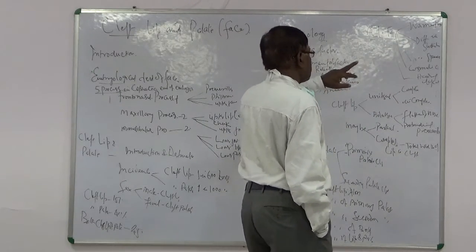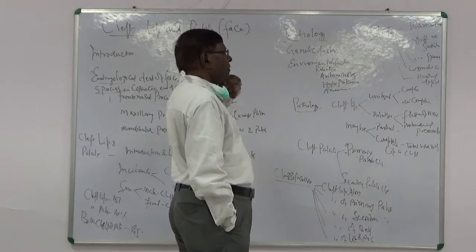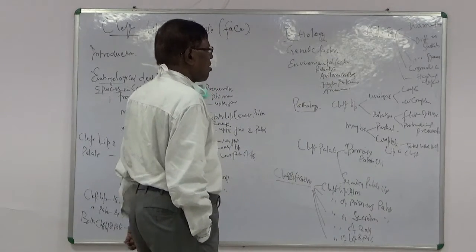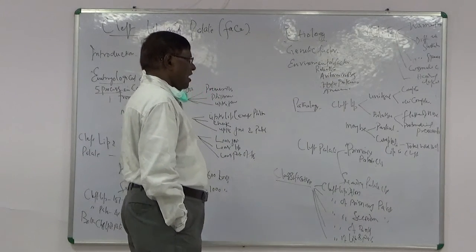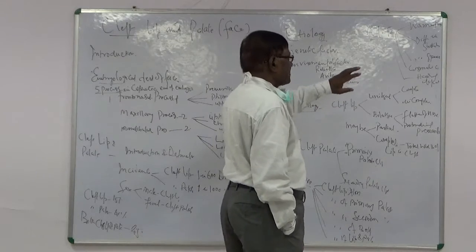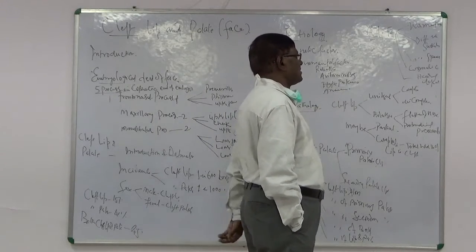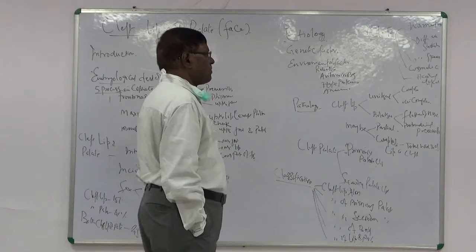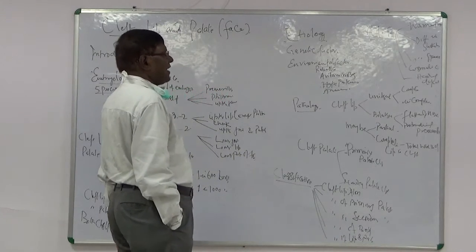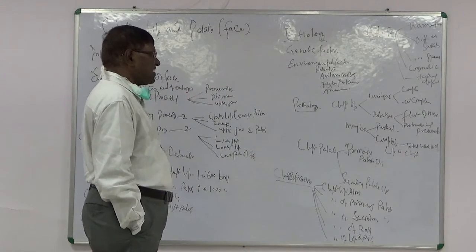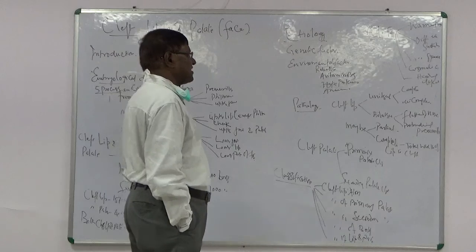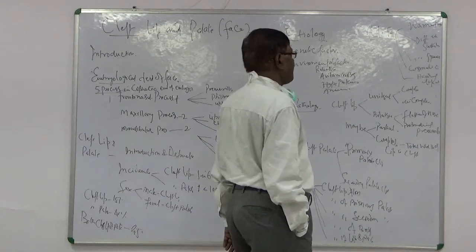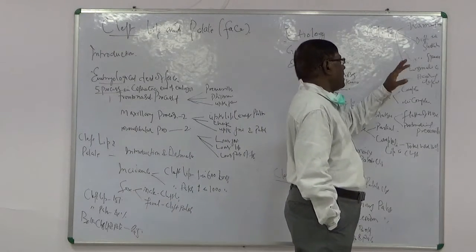But if it is associated with the cleft palate, or if there is a complete cleft lip, suckling is difficult because the negative pressure is not exerted in the buccal cavity and suckling doesn't take place efficiently. And in this condition, the feeding of the baby should be